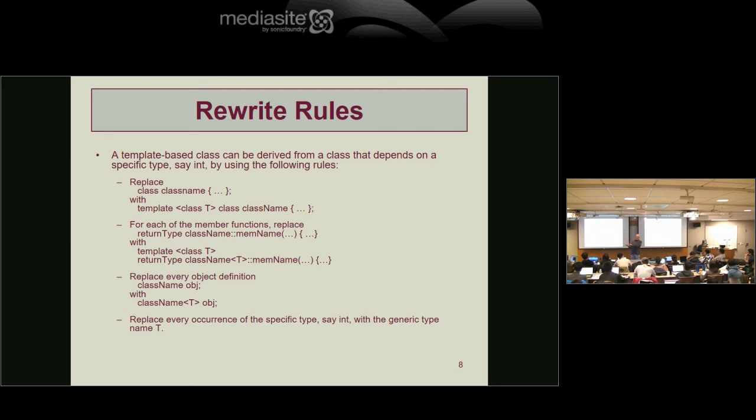You're not going to do a rewrite. You won't start by creating an int class and then converting it. But this is just showing you the differences. So if I have a non-template class, I write class name. But with a template, I say template class T or typename T, class name. For each member function, replace return type class name::member name, where I'm defining that function, and now this has to become class name of T. That's all. So it's doing that comparison, showing you what you have to do differently if this is a template